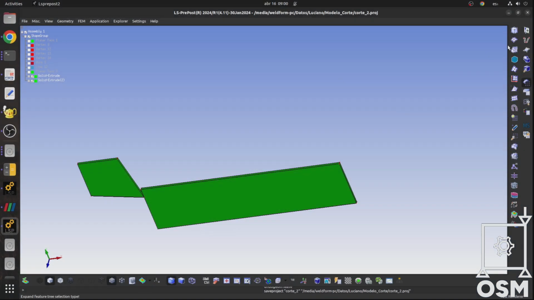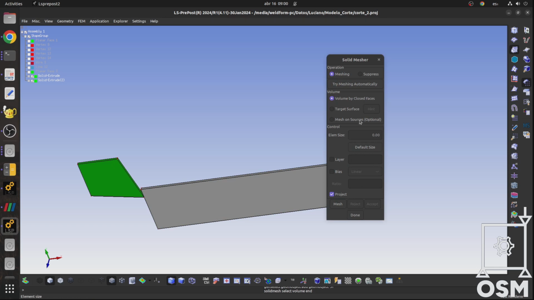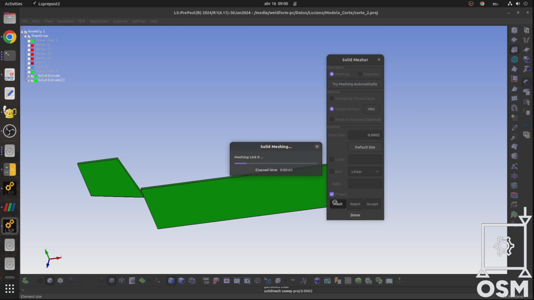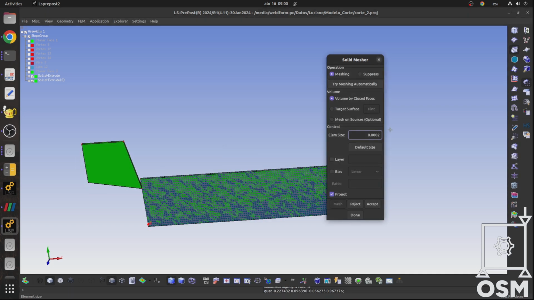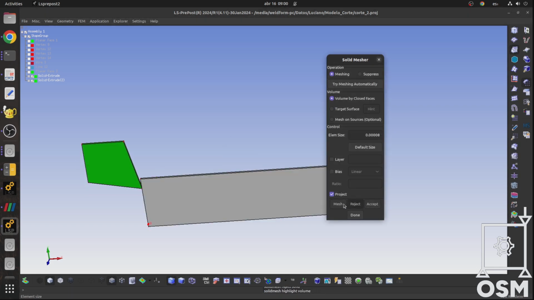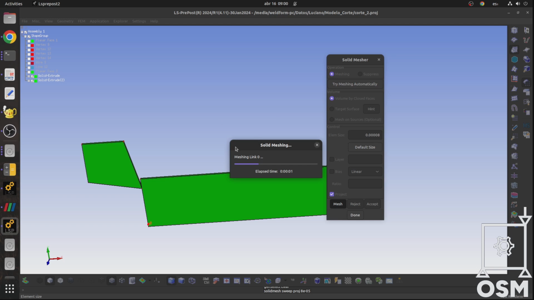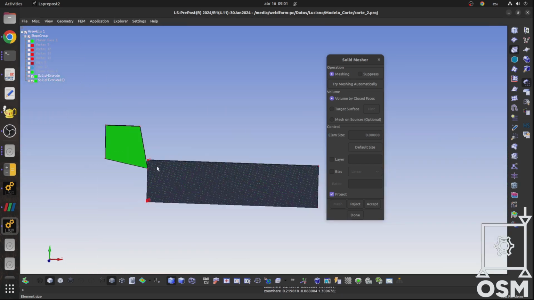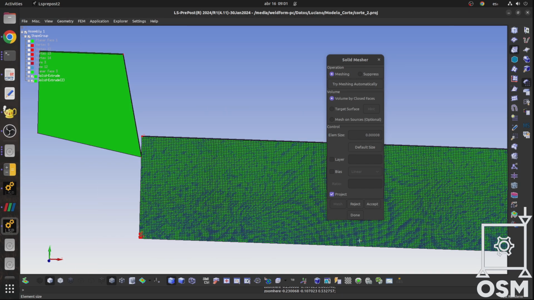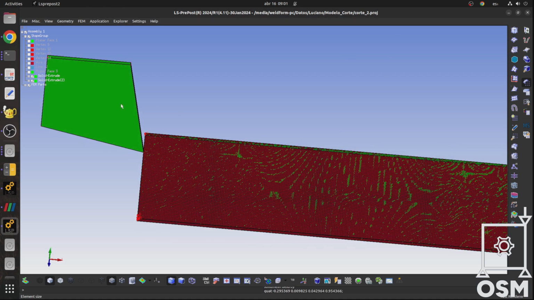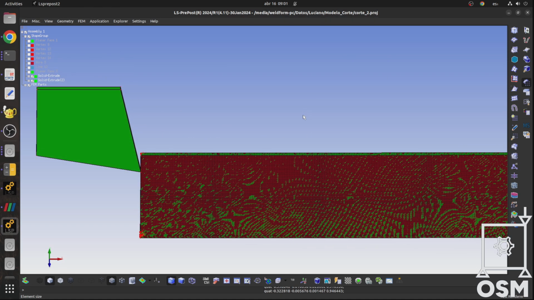Next, we move on to meshing. Go to the Mesh tab and select the third icon from the top, Solid Mesher. We start with the workpiece. First, we try an initial element size to get a rough mesh. Then we refine it to slightly smaller than 1/10 of a millimeter, so we can accurately capture chip formation and stress localization near the contact zone. We click on Hint to automatically set the target surface and then click on Mesh and Accept.